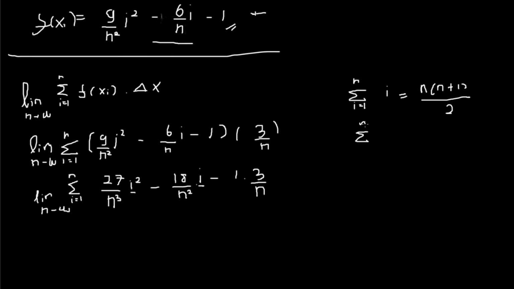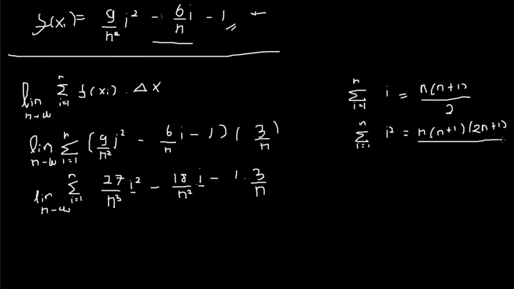And the sum law also dictates, because we have i to the power of 2 here, that the sum of i to the power of 2 is equal to n times n plus 1 times 2n plus 1